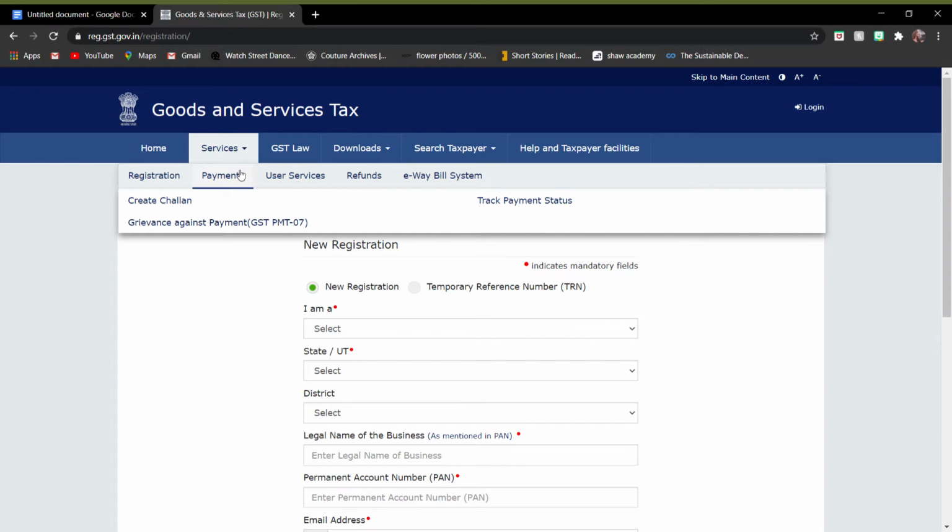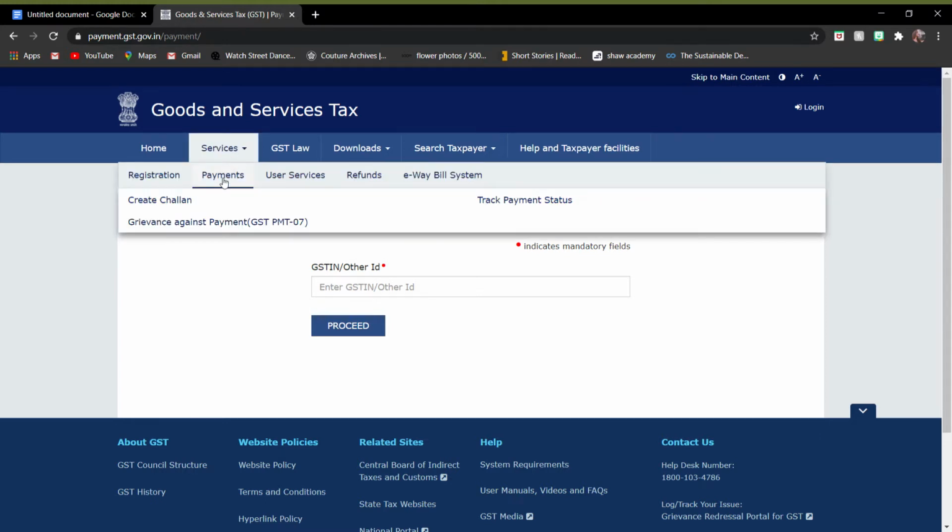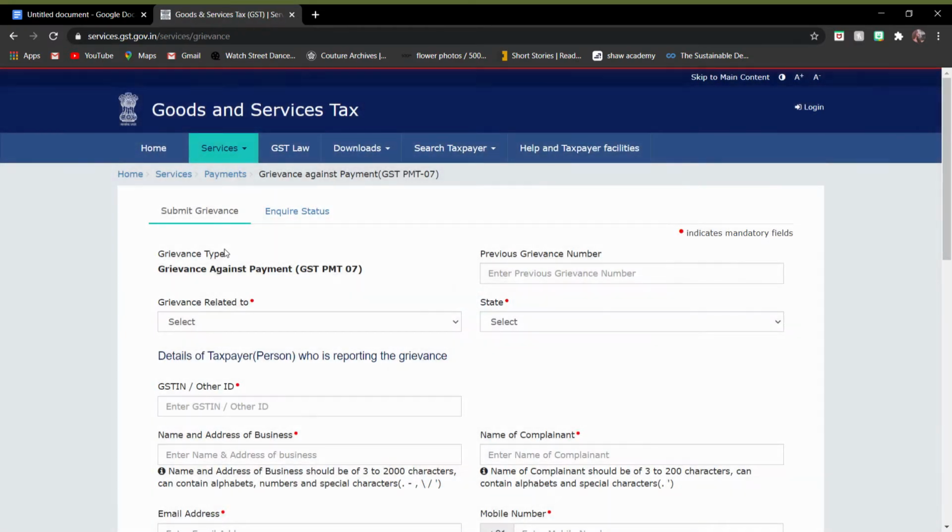Then the second service, which is payments, and under payments there is one service which is create challan. So over here you have to enter your GSTIN and other ID and proceed to create the challan. The second one is grievance against payment.